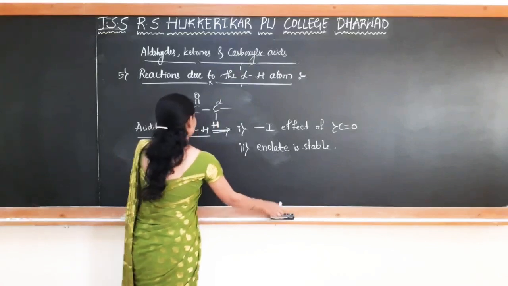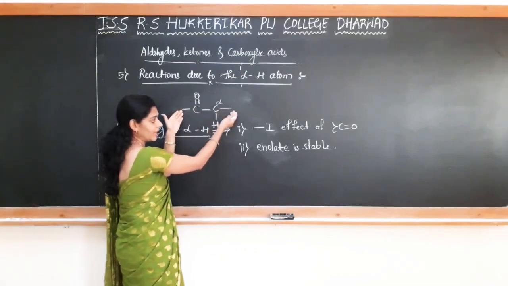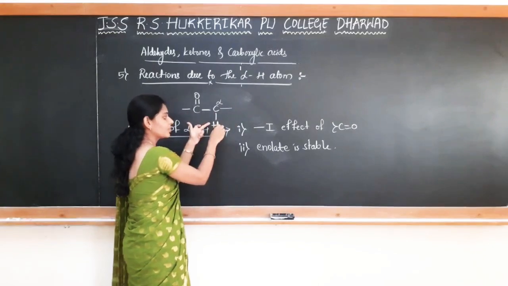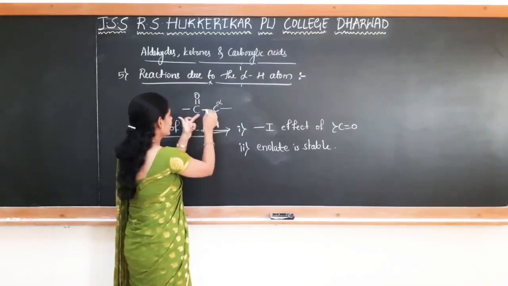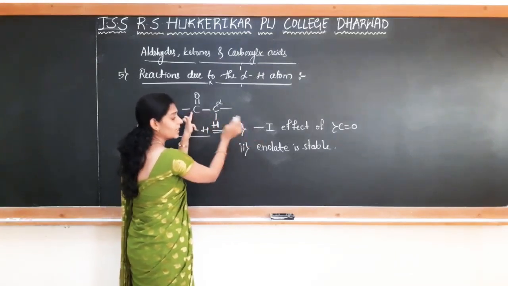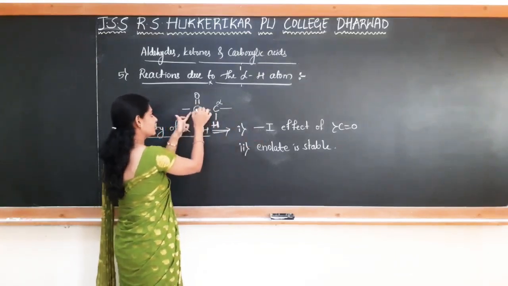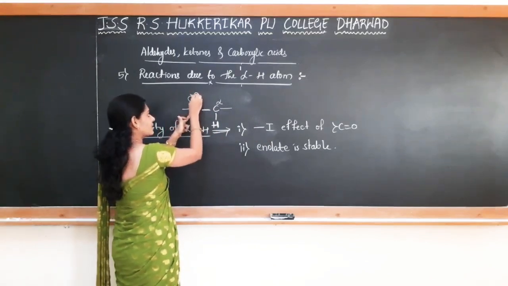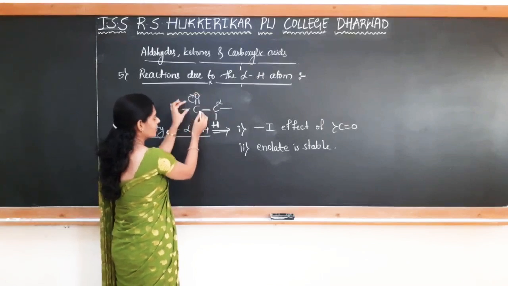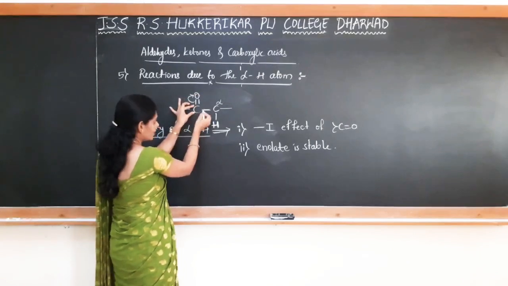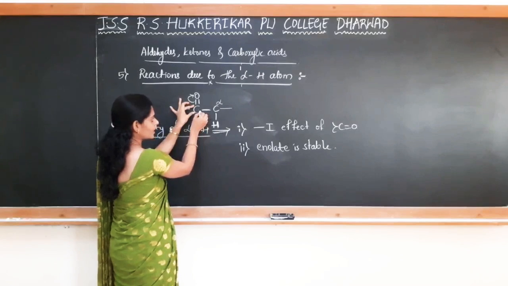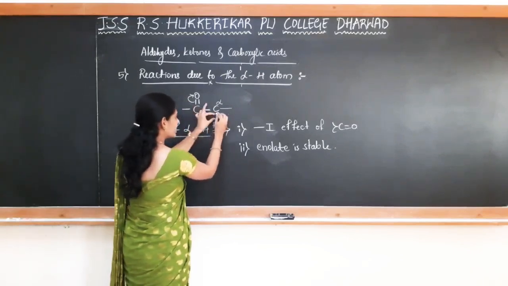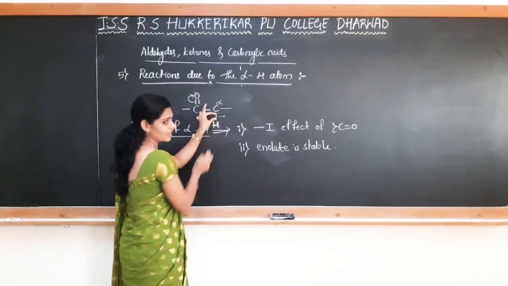See here, as I said, this is the functional group, this is the type of linkage which we have in the aldehydes and ketones. If alpha hydrogen is present in the aldehyde and ketone, this carbonyl group is showing negative inductive effect, as carbonyl group is electron withdrawing in nature. Oxygen being more electronegative withdraws electrons towards itself, because of which this carbon is electron deficient. So as it becomes electron deficient, it tries to pull electrons from the carbon skeleton. So what happens? This carbon and hydrogen bond weakens.